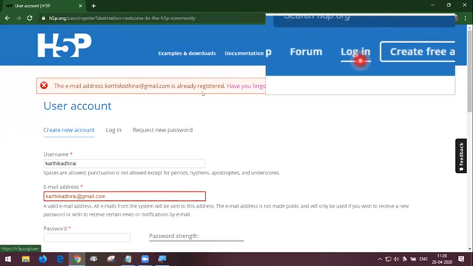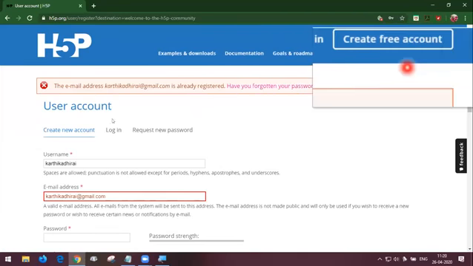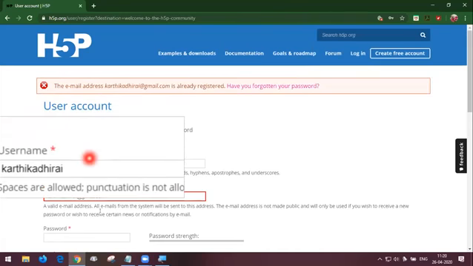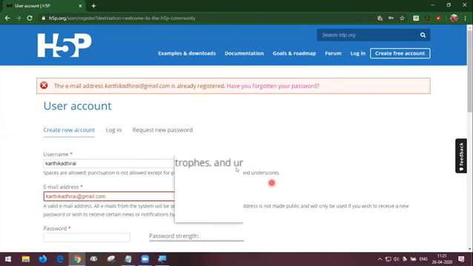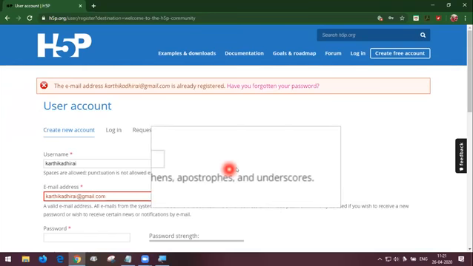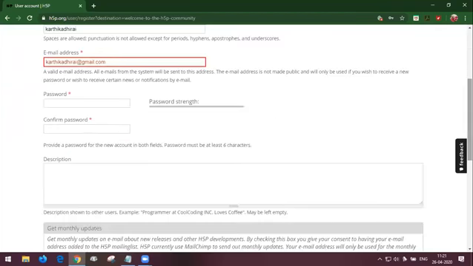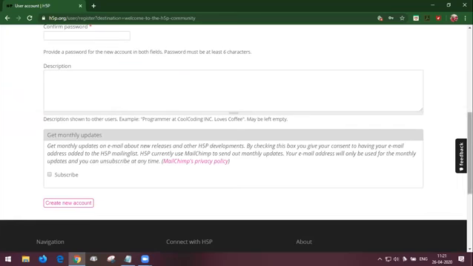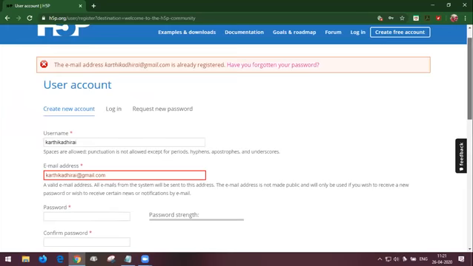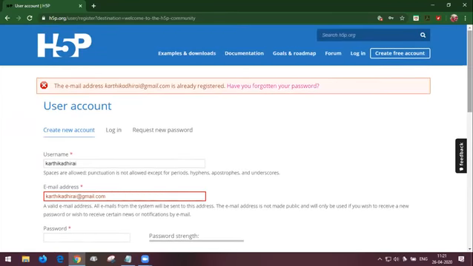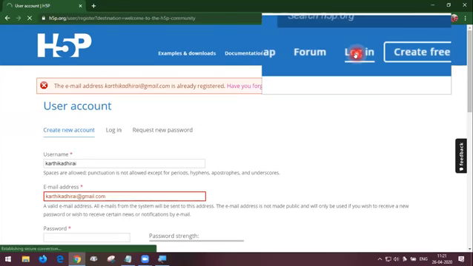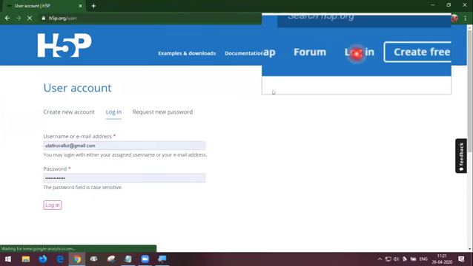Am I clear? First of all, you have to create a new account and enter the mandatory fields: username, password, the email address, as well as the CAPTCHA. And at last, we have to click create new account. After creating the new account, you will get a new page. In that, you should enter the login. Here you will see the login. After clicking login, you will enter into your home page. Depending upon your net speed, you will get it as soon as possible.